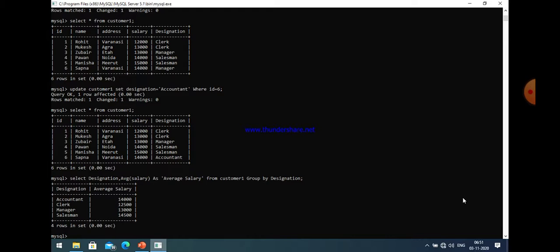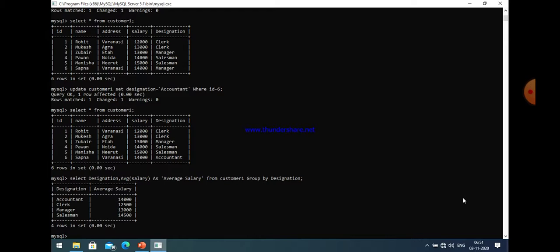So I make a group on the basis of designation. Basically there are 4 groups: accountant, clerk, manager and salesman. These are the only 4 designations present in the table customer 1. All these are shown on screen because I selected designation as a column with the select statement.